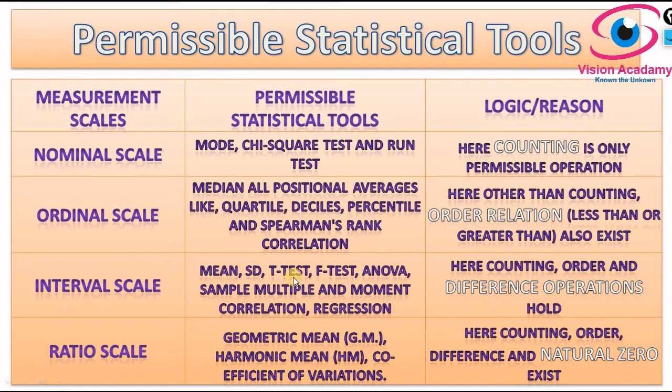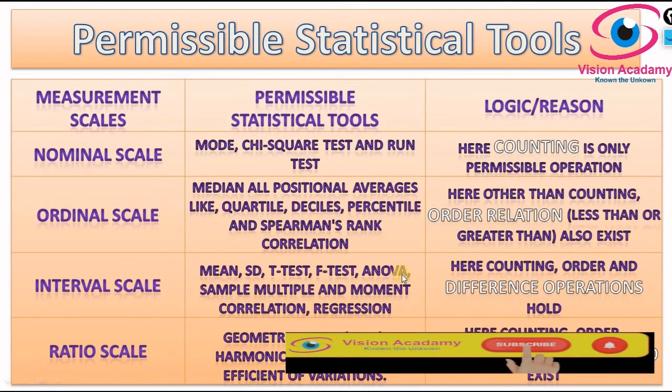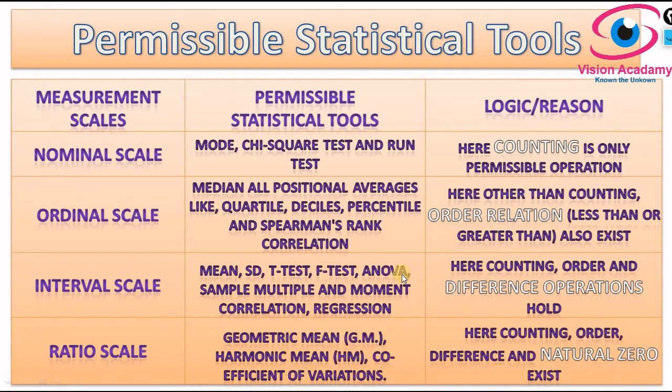In the sense, if you take two groups in a t-test, you can tell group A is better than group B. And if you consider multiple groups in ANOVA, you can tell a particular group is better than all other groups. Also, you can report the difference between the result of a particular group and other groups. Quantitatively, we can express the difference of two groups in the case of t-test, ANOVA, f-test, and also in mean. If you calculate two group means, then you can understand the difference between the two groups. That is what we will do in interval scale.